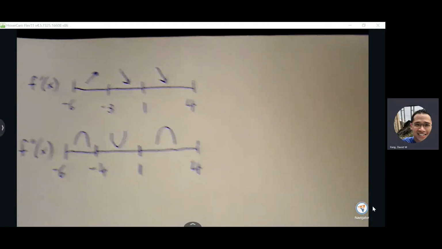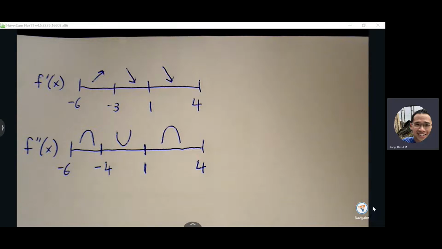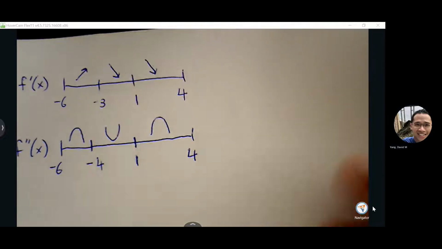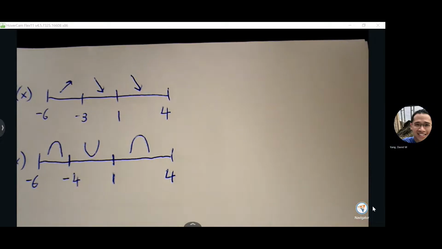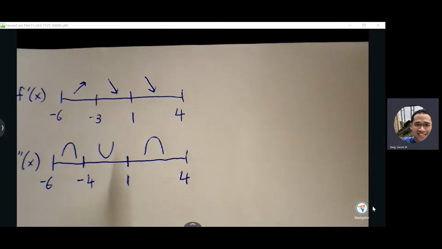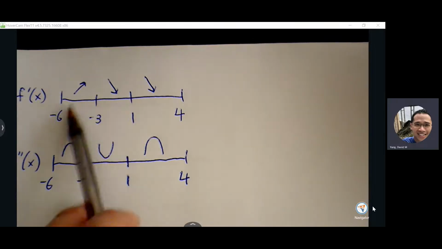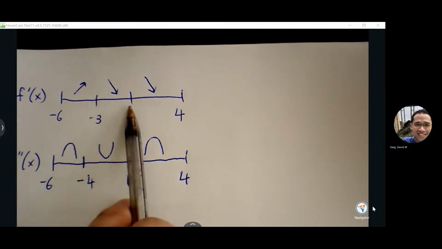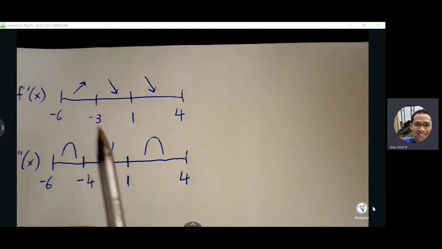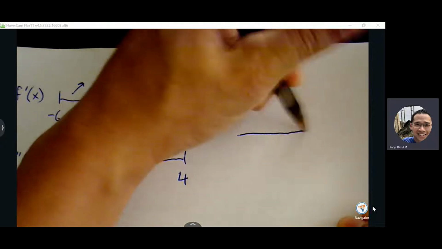Okay, so let's say I gave this to you here, and I asked you to sketch the graph. And let's say we've already, like you said, built the sign line from the derivative graph. So we know how our graph is going to look. It's going to rise to -3, fall to 1, and then continue falling until it hits 4. Now,